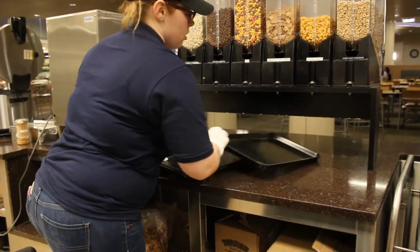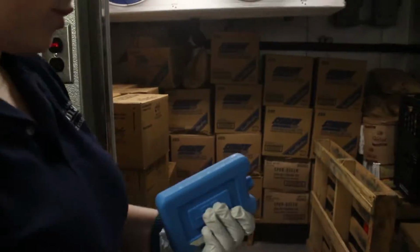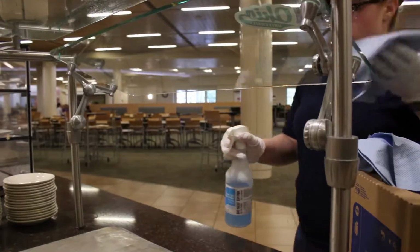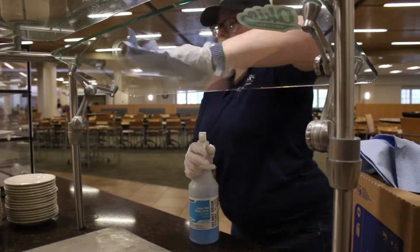Any of the black trays under the toaster, cereal, waffle makers, and syrup can be taken to the dish room to be cleaned. Any ice packs can be taken back to the crate in the blast freezer. Clean all the sneeze guards with the blue paper towels and glass cleaner. Always spray the towel